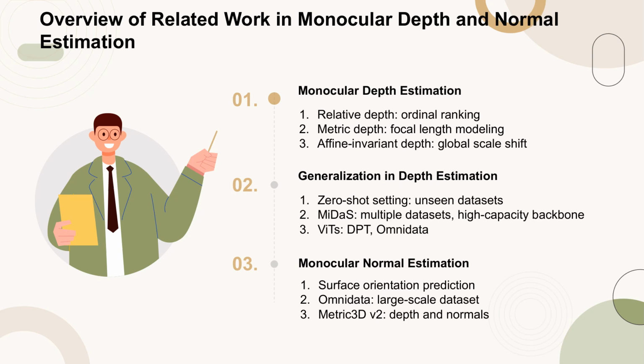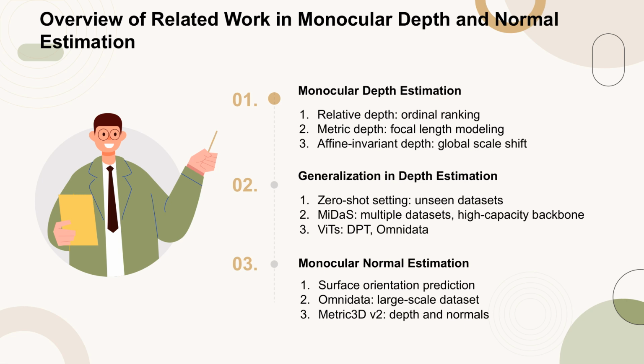In monocular depth estimation, the simplest form is relative depth, which ranks objects by depth without absolute measurements. Metric depth, on the other hand, requires modeling the focal length, introducing complexity. Affine invariant depth is a middle ground, preserving distance ratios without focal length dependency. For generalization, zero-shot methods like MiDaS and ViT-based models like DPT and Omnidata have been pivotal. In monocular normal estimation, predicting surface orientations has seen advancements with models like Omnidata and Metric3Dv2, which can predict